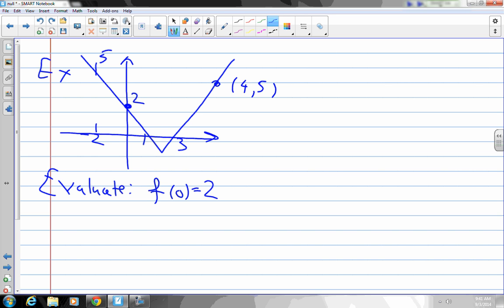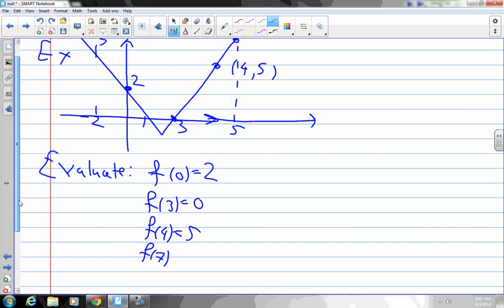Is that okay? At the same time, I can ask you what is f of 3? And you will say 0, because we're looking at this point right here. So when the x value is 3, the y value is 0. When I ask you what is f of 4, the answer is 5. Let's say the graph stops here at 5. And I can ask you what is f of 7, and you will say